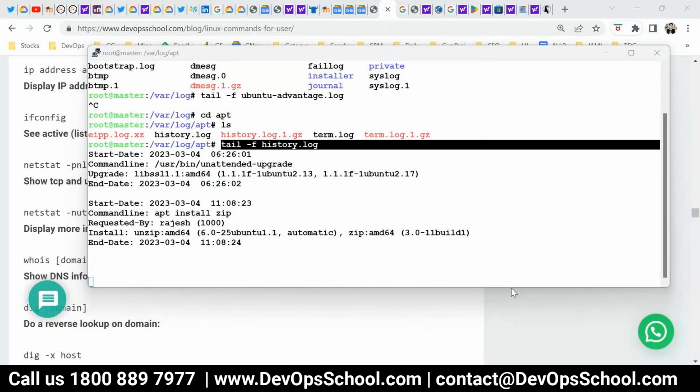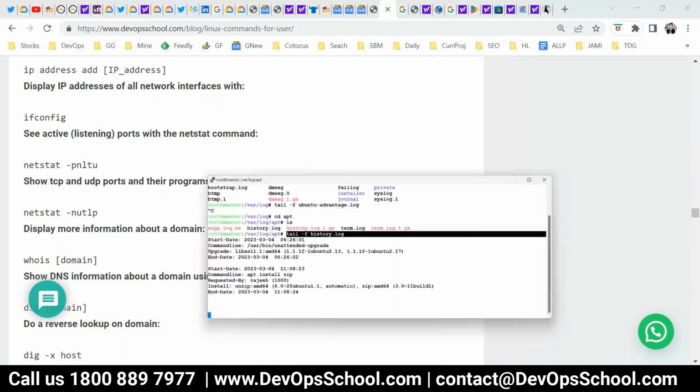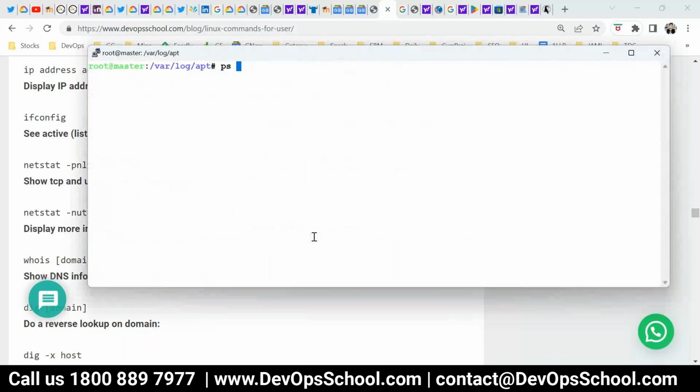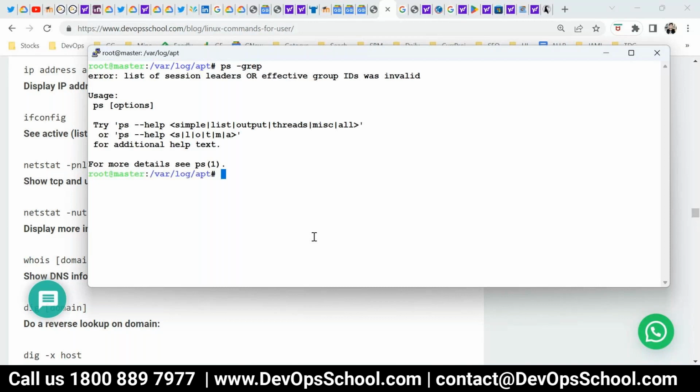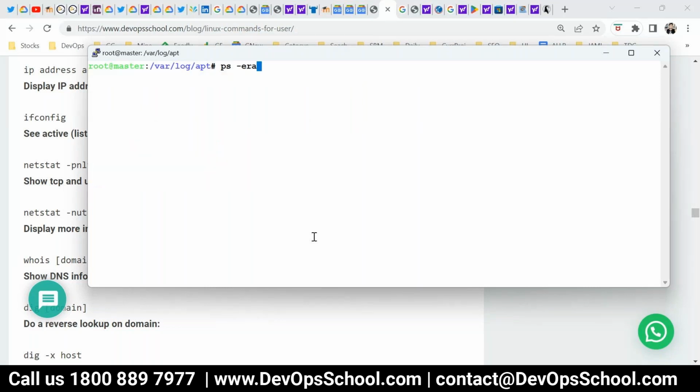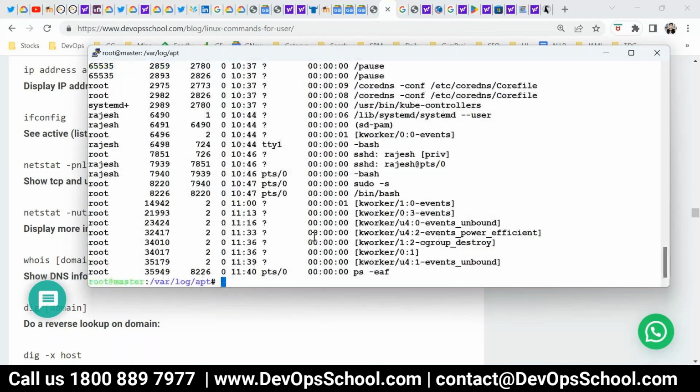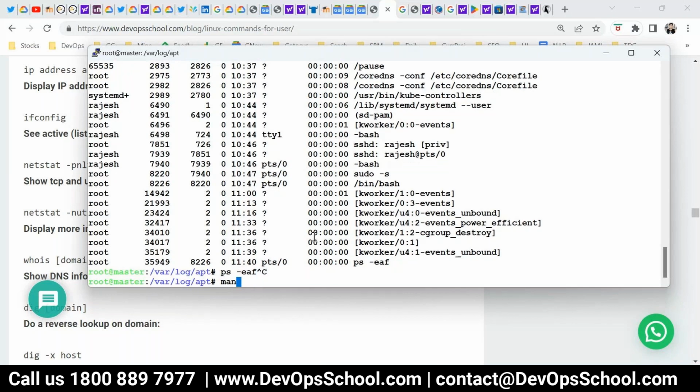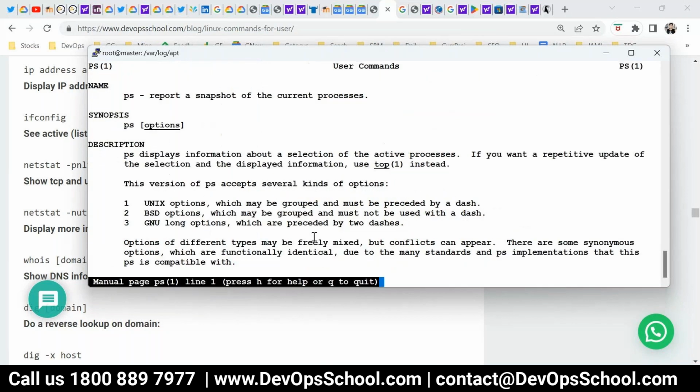Rajesh: ps | grep, can you just use it once? ps | grep, generally we use it, most of the time in combination. PS -ef grep. This is the system process listing. If you want to know all options, man ps. Here, Google will be much faster than reading this. See here, so many combinations.